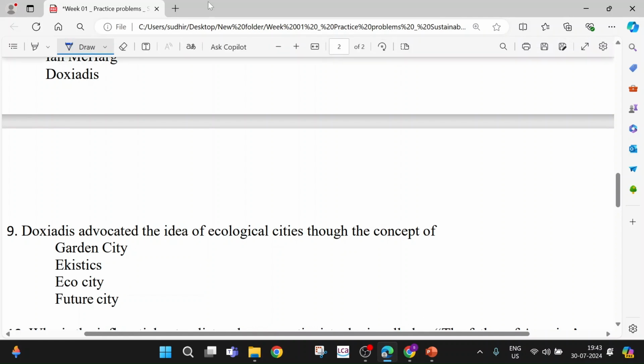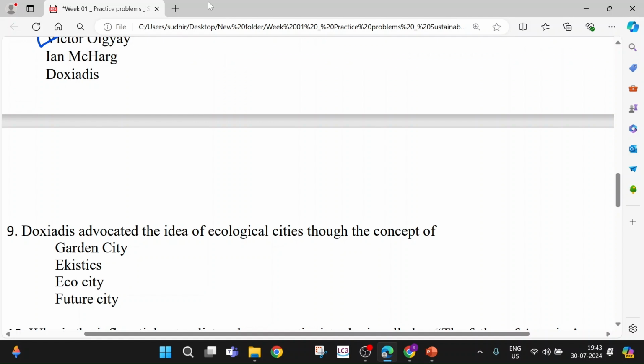Okay. So if you will see, for question number 9, the correct answer is B, that is acoustics, because when Doxiadis developed the concept of acoustics, the science of human settlements, which integrates ecological principles and citizen of the universe. So this was well written in the slides, if you go through the slides,